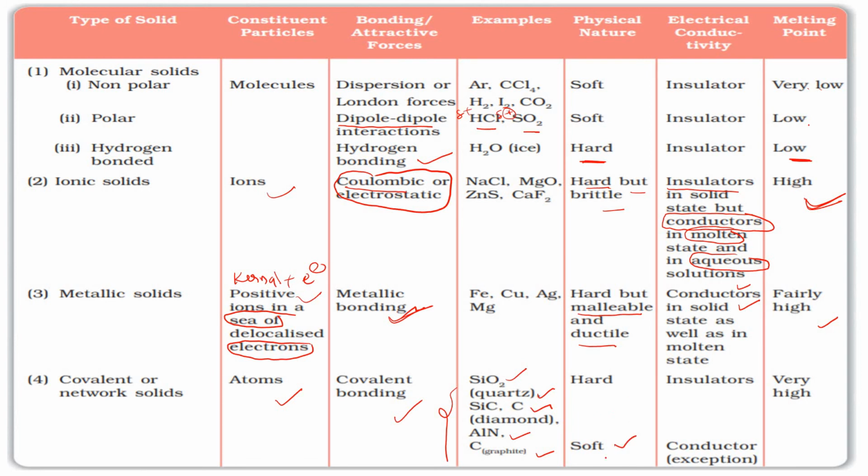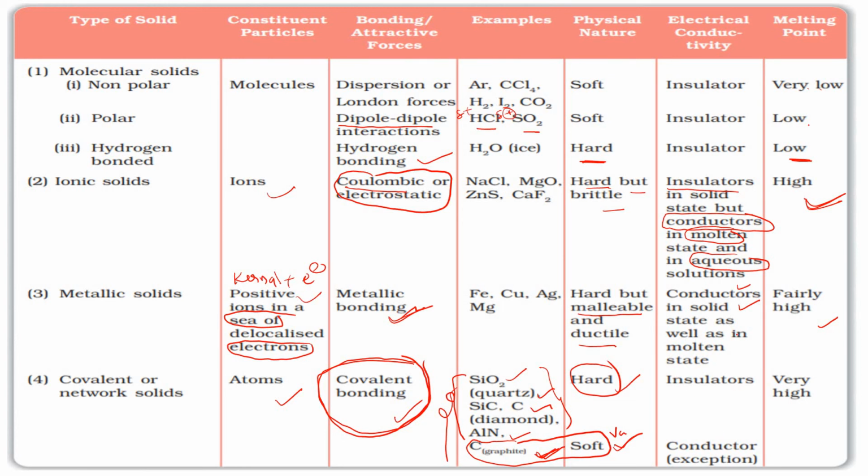And their physical state, is it soft in nature? Why? Because, see, graphite has a layer structure, and those layers are bonded by van der Waals forces. But which ones are hard? Quartz, diamond. They are very hard in nature. Why? Because covalent bonding is operating, and the covalent bond is very strong. But graphite is soft because of the layer structure. Between the layers only weak van der Waals forces operate, therefore it is very soft. Graphite is soft, and the remaining are very hard in nature.